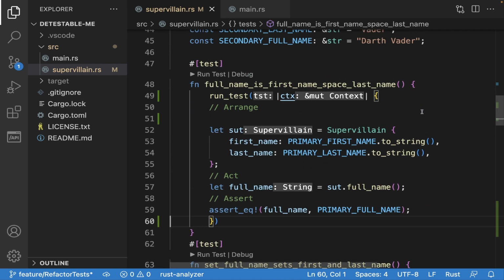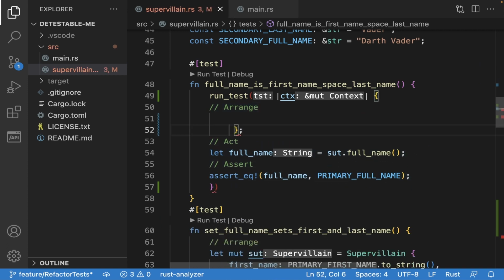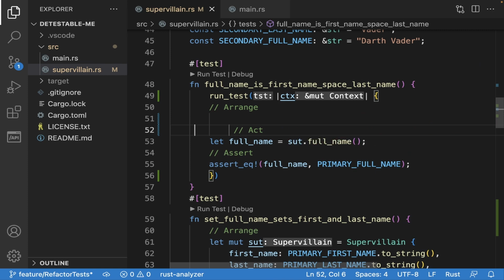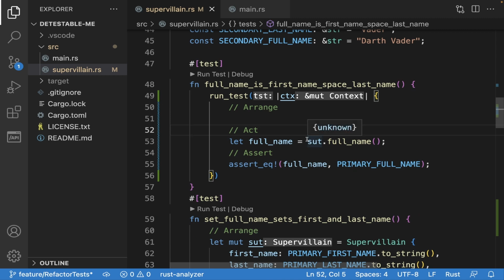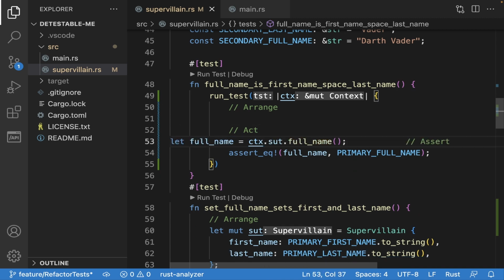Okay, so let's go step by step. As I said before, the first thing that we're going to do is to create the instance of the context and initialize the supervillain. So we don't need the supervillain anymore. Let's get rid of this. The other thing that we would be doing is that now the system under test is not a local variable here, but rather the field of the type that is in the context. So what we are going to do is use this type